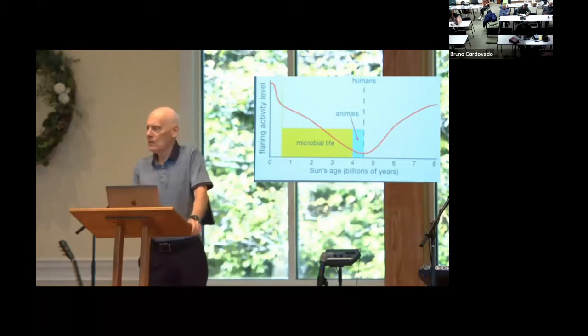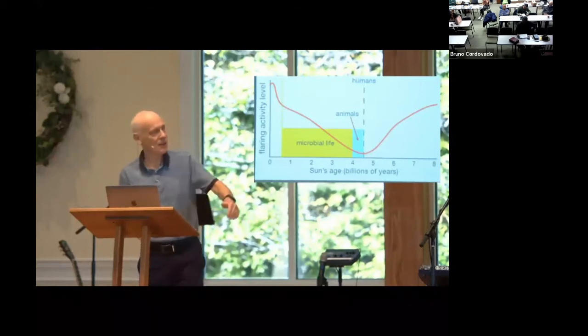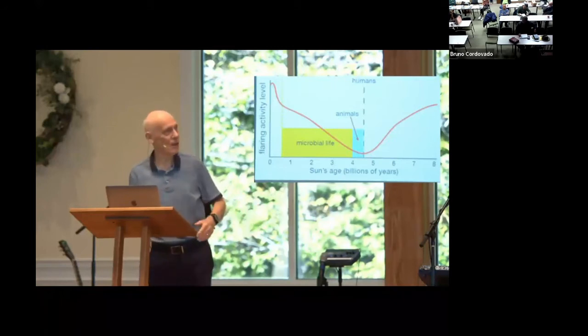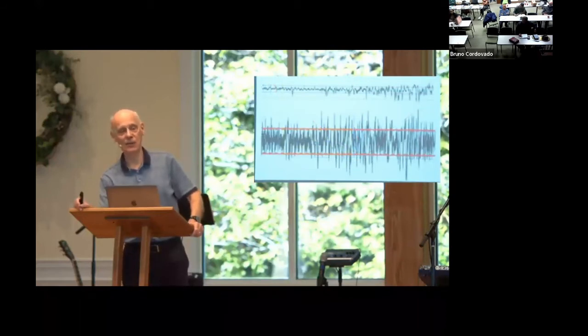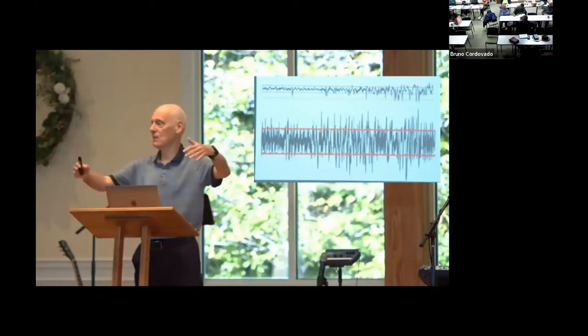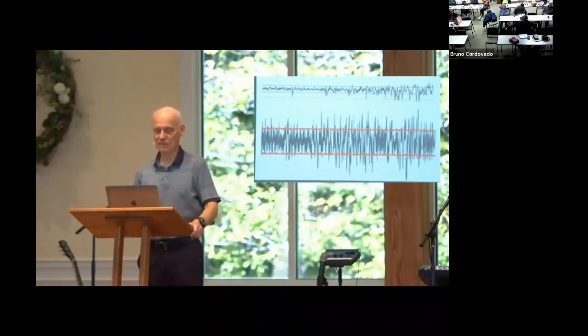And then we astronomers have been scouring our galaxy trying to find a star whose luminosity stability is like the sun's. Well, the top figure here shows you the luminosity stability of the sun. What you see at the bottom is a star, out of the millions and tens of millions we've looked at, that places second. Our star, the sun, is 5 times more stable in its luminosity than the second best star we've been able to find. And if that weren't the case, none of you would be able to sit here together this morning.